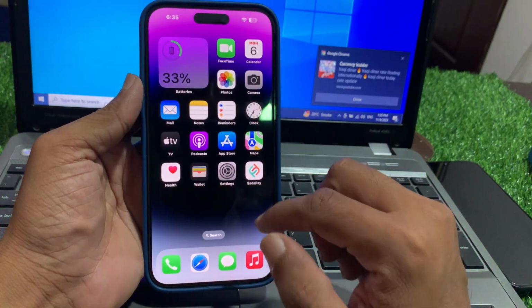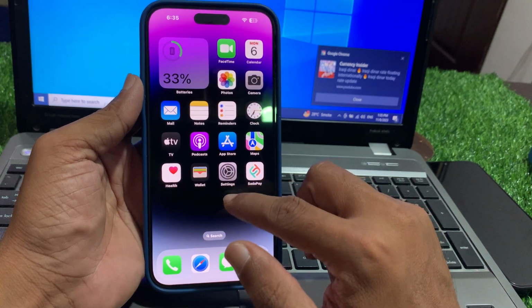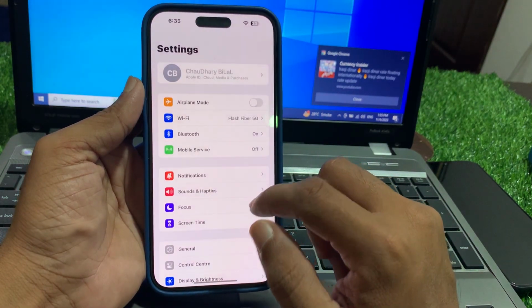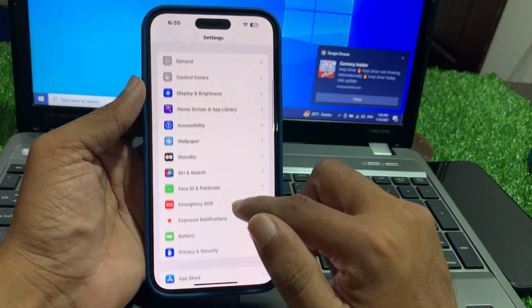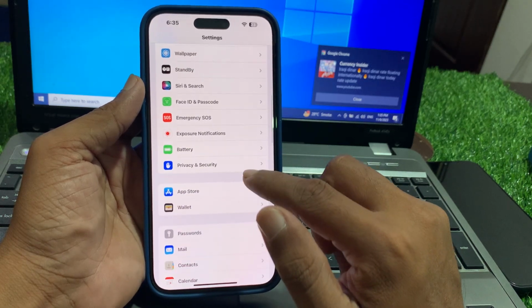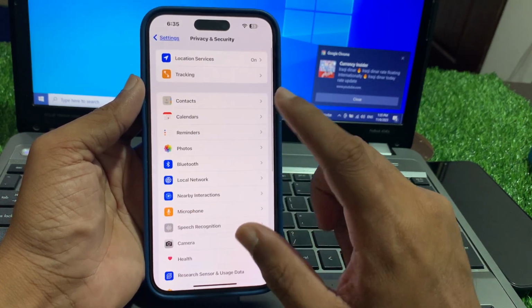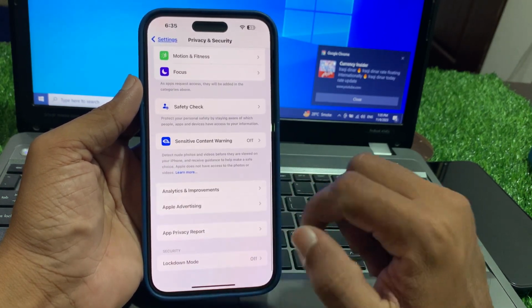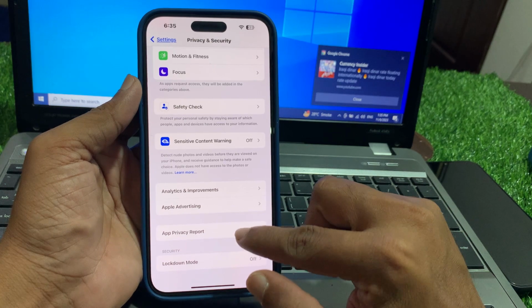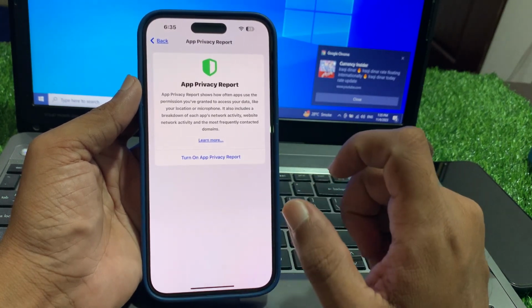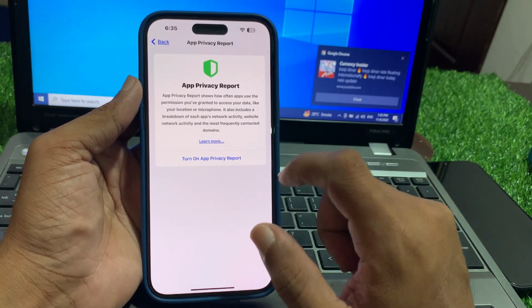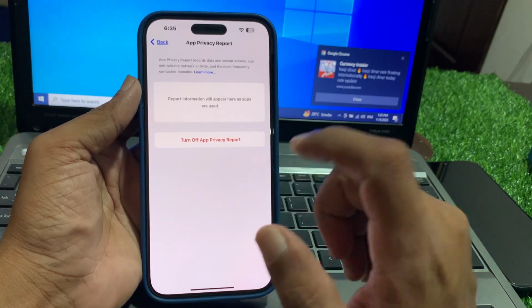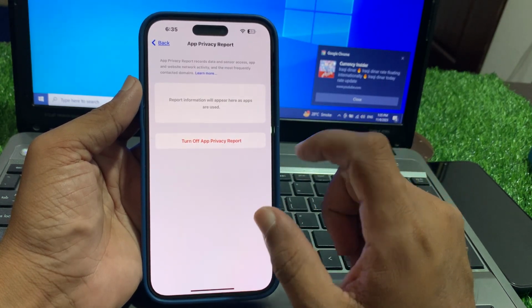So go back and again tap on settings, scroll up, and here you can see privacy and security, tap on it, scroll up again, and in the last you can see app privacy report, tap on it, and here you can see turn on app privacy report, tap on it to turn on app privacy report, and now you can